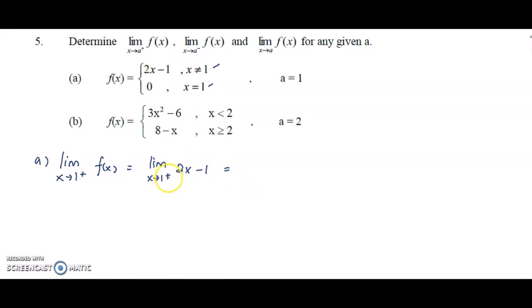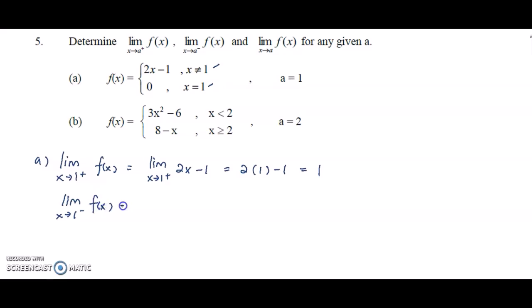Alright, so firstly, we will consider this x. See which interval it is in, then we will take the corresponding function to put in as our f(x), and then we use the substitution method. Substitute 1 inside, you will have 2 multiplied by 1 minus 1. Finally, you get 1. And next, we need to find the left-hand limit, where x approaches 1